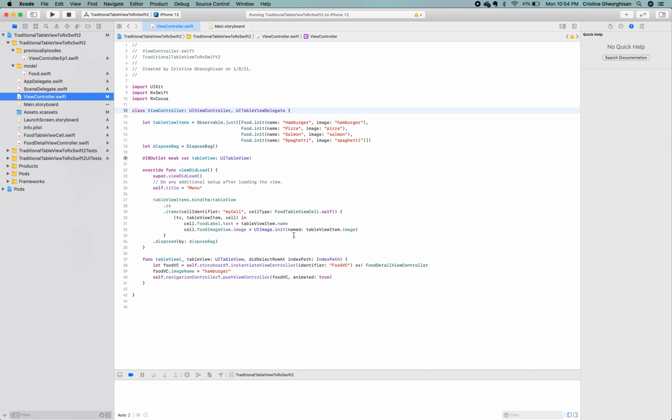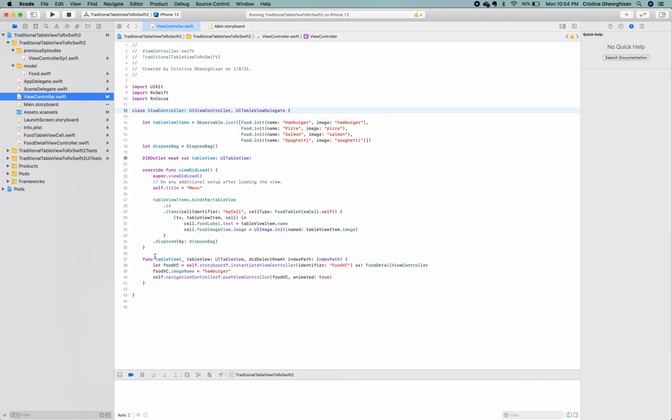Cool! What about our first issue, that the image stays the same no matter what food I select? Well, we can see that in the didSelectRowAt indexPath method, the image name from the FoodDetailViewController is always set to hamburger. That explains things. Moreover, this implementation is not reactive at all.